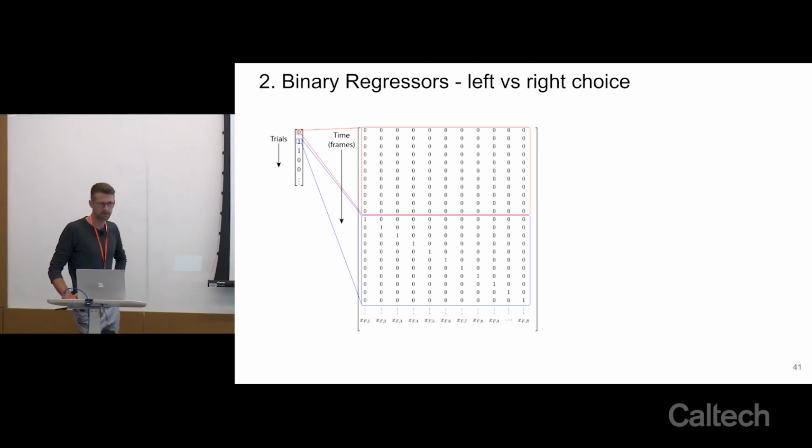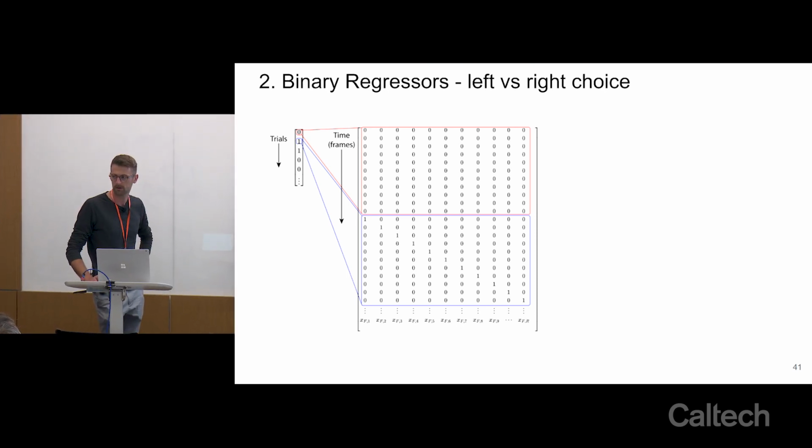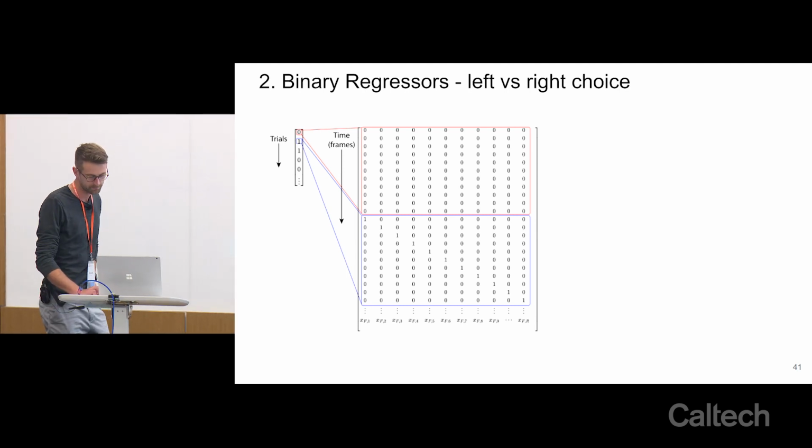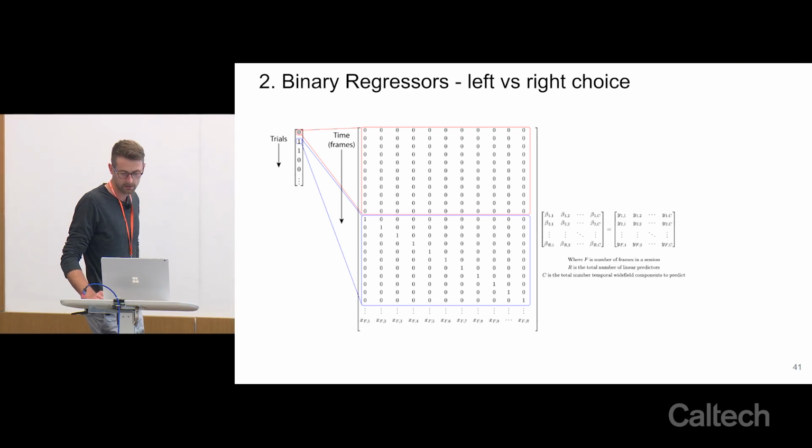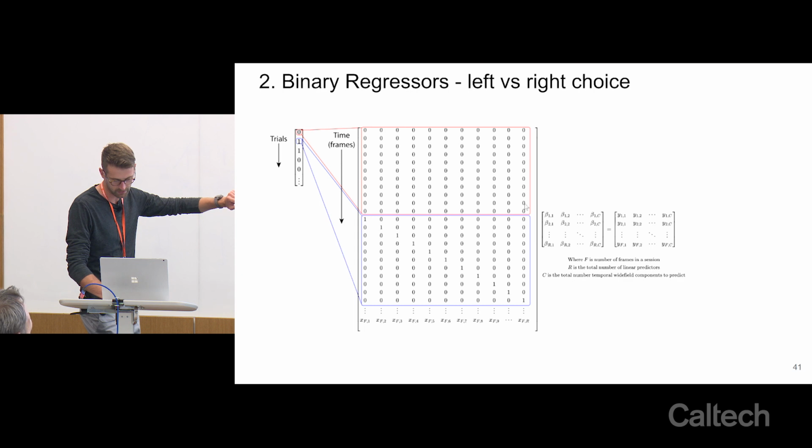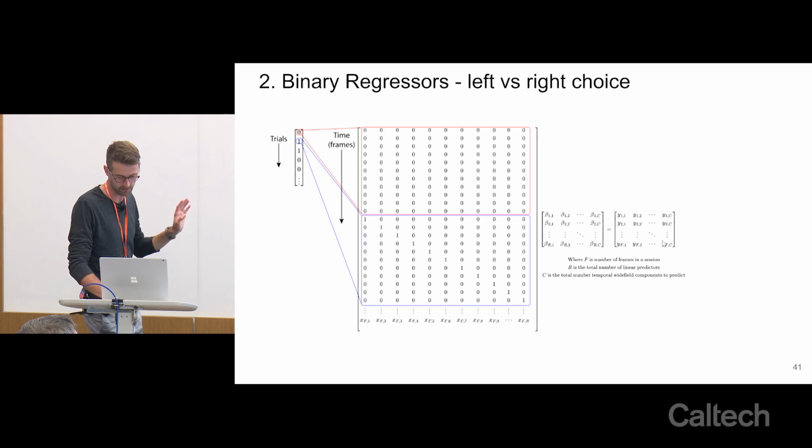Is that making sense for people? Okay, good. And then this is just showing the full equation again. So the design matrix will be of dimensions frames by predictors. And then our Y is going to be frames by components or neurons or whatever. So therefore, our beta weight matrix, the dimensions will be,